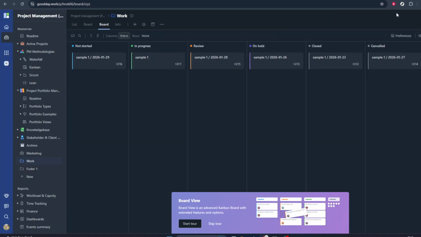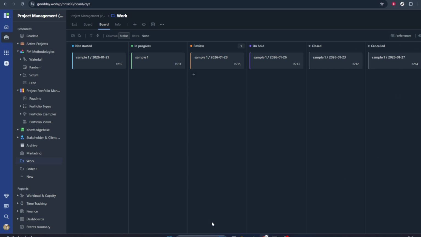That's all you need to start using Kanban boards in Goodday. Select your project, open or create the board view, and drag tasks